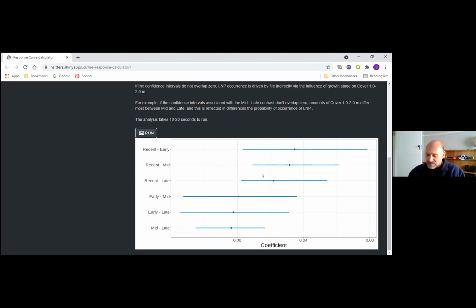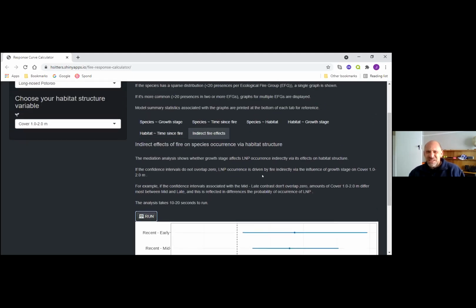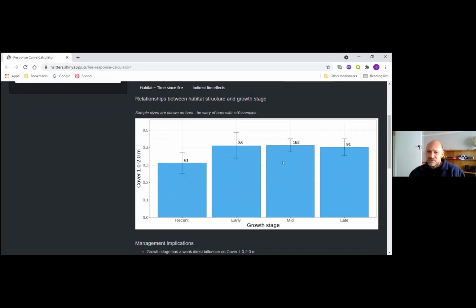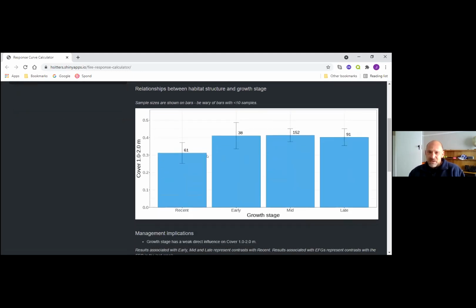So in other words, fire influences Potoroos indirectly via its effect on vegetation cover between 1 and 2 metres from the ground. And again, just to make this clearer what's going on, if we go back and have a look at the habitat growth stage results, we can see that the big difference in vegetation cover is between the recent growth stage and all the others. And so our mediation results, our indirect effect results, are telling us that it's this difference,